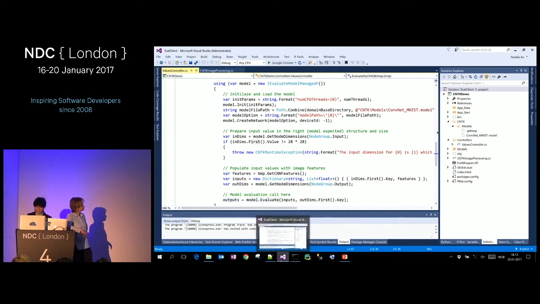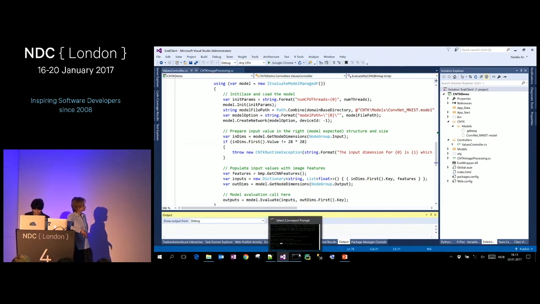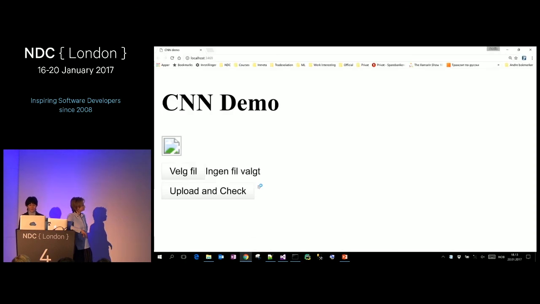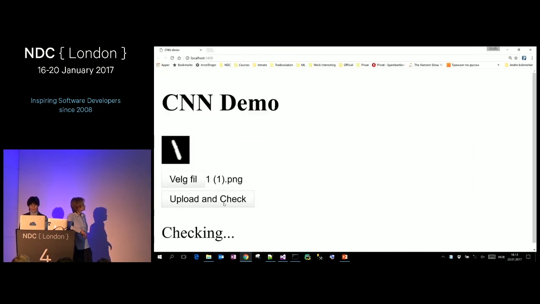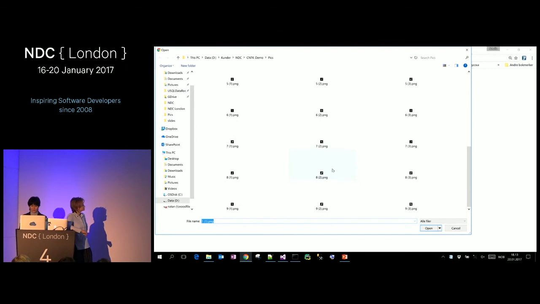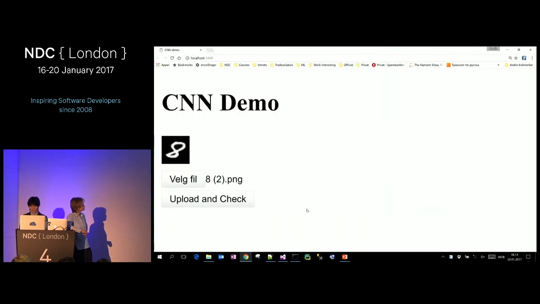Now let's run it and see if it works, because this morning, suddenly it was like, oh no, access denied. I don't know why, typically. So I run my super web application. See, I'm very good at user interface, apparently. Vanilla JavaScript, no crap. Let's send in a picture, upload and check. The first time it's a bit slow, it's loading. Well, hey, the CNN thinks it's a 1. Let's take another one so you don't think it's hard-coded. Upload and check. And the CNN thinks it's an 8.